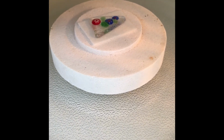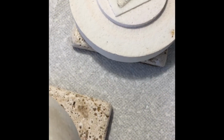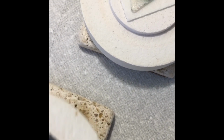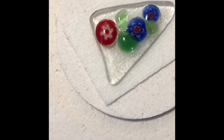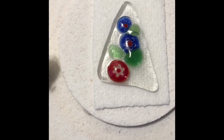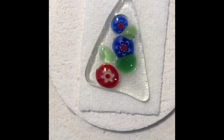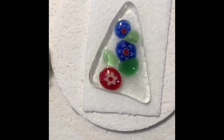It's actually been a little more than 40 minutes. Ooh, that looks cool. So I'm going to bring this inside and open it up and show you what we ended up with. When you open it up, you need to put the lid upside down so that any extra heat escapes. And there we have it. That's our fused piece. That's pretty cool. I probably should have left it a little bit